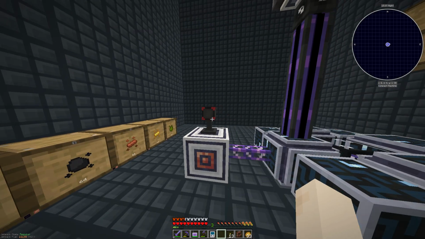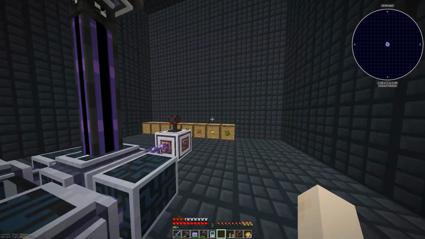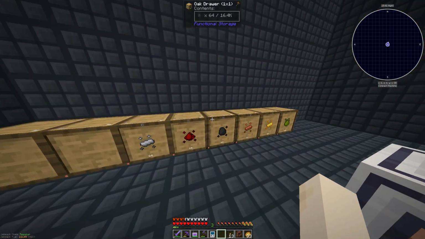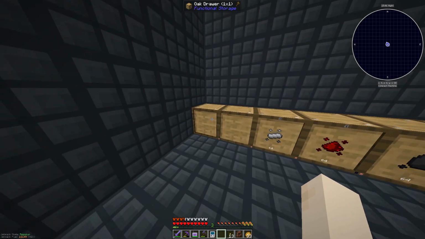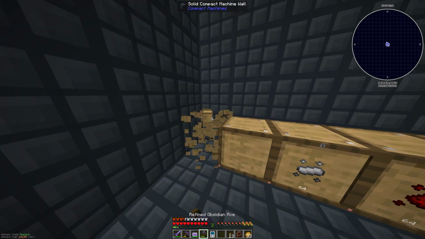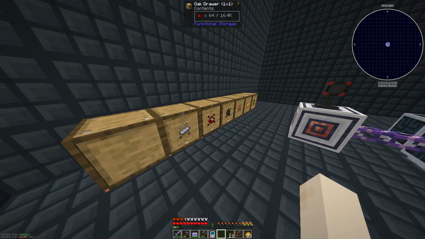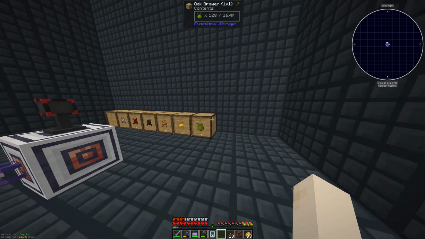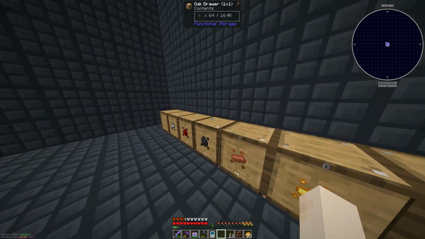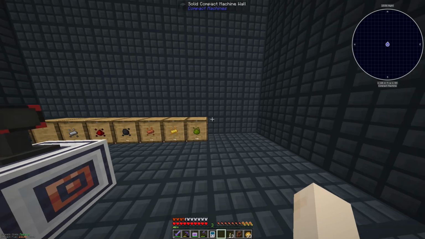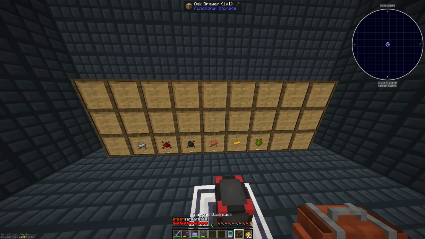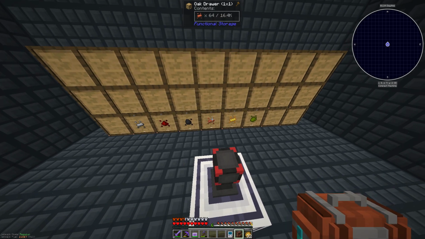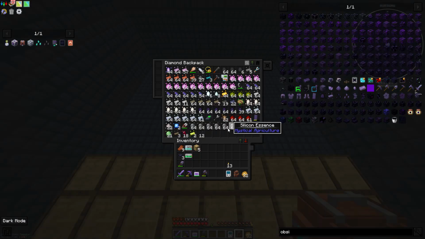Perfect. So what I'm going to do is, I personally like all the drawers to look the same, essentially. So I'm going to spend some time gathering some oak logs and making sure all of these we can do just oak, and I will be back. We're not going to do a full wall yet. Alright, so we got some more drawers with some upgrades in there, and I basically went ahead and took out